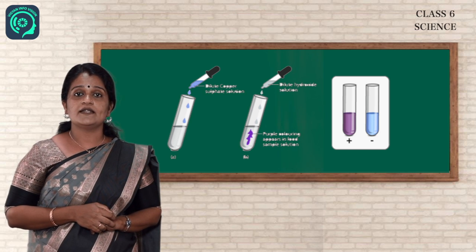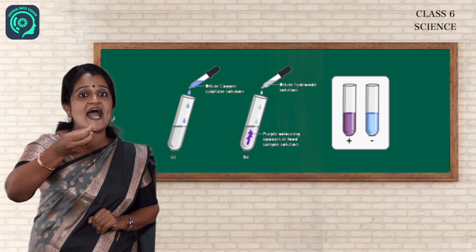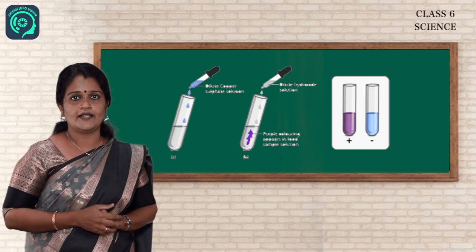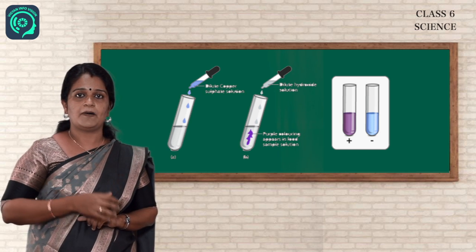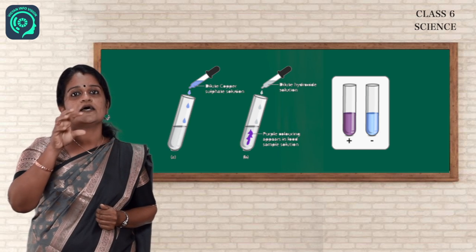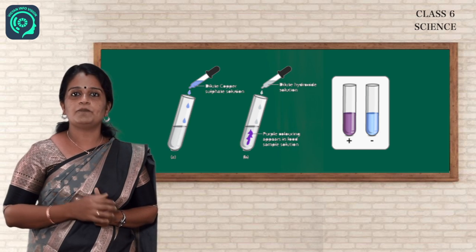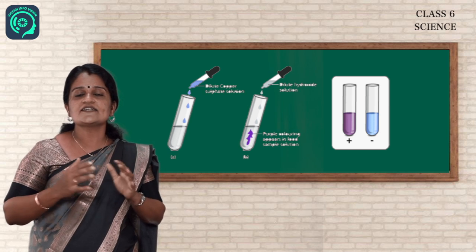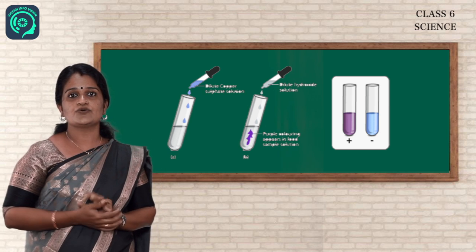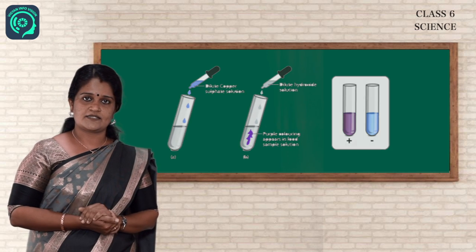In this experiment, you have to take the smashed protein food item. Food item is a solid. You have to take the crushed part and just put it in the test tube and add this caustic soda and copper sulfate solution, and as a result you can see the violet color or purple color. This shows the presence of proteins.